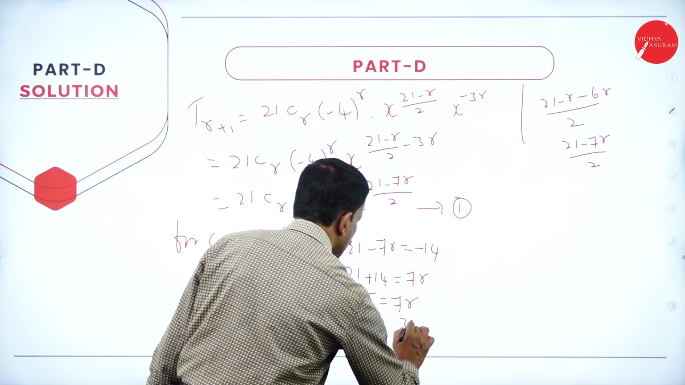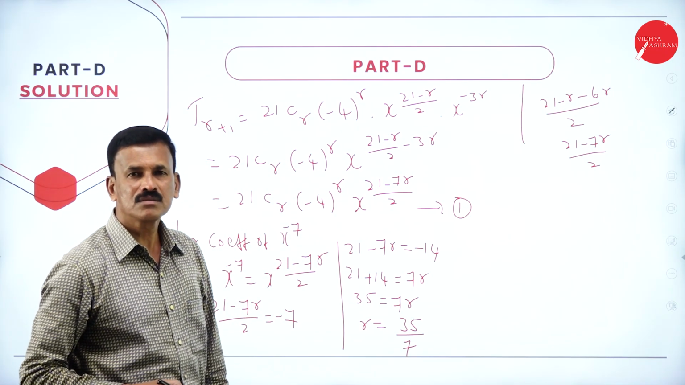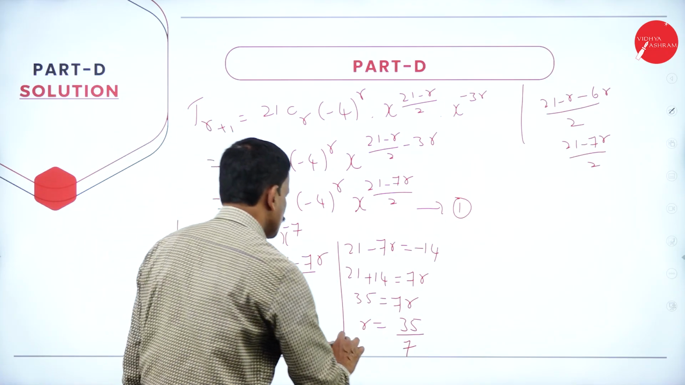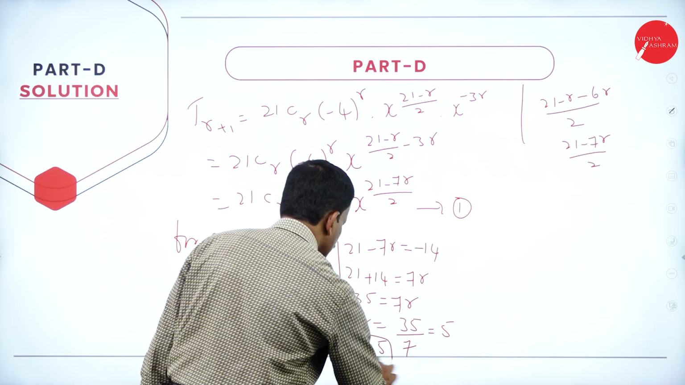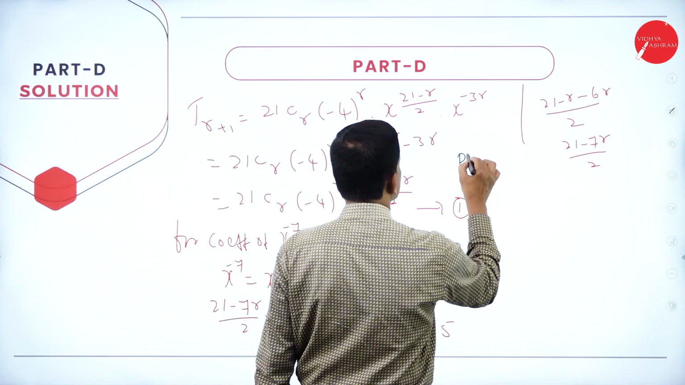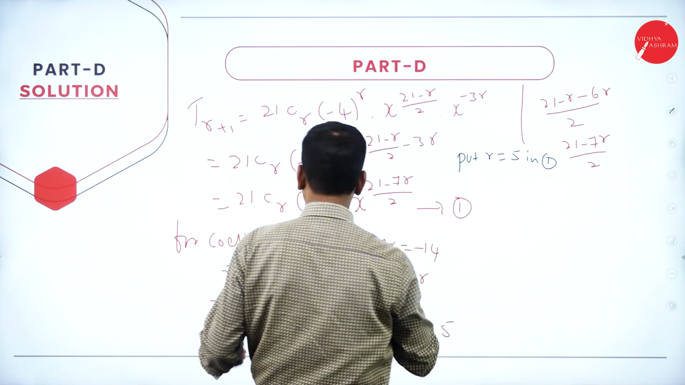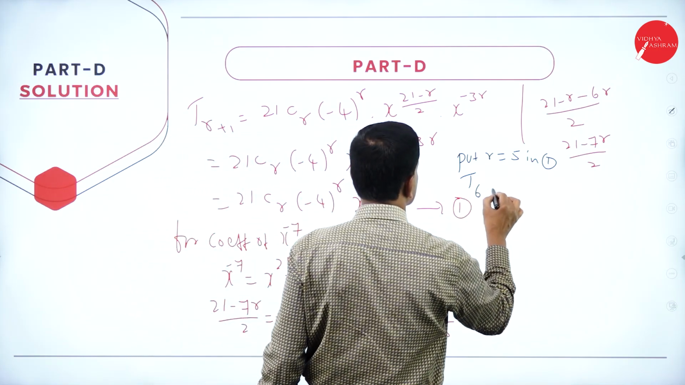r is equal to 35 divided by 7. So 5 7s are 35. Therefore r is equal to 5. Okay. Now put r is equal to 5 in equation number 1. So what will you get? T 5 plus 1, that is T6, is equal to